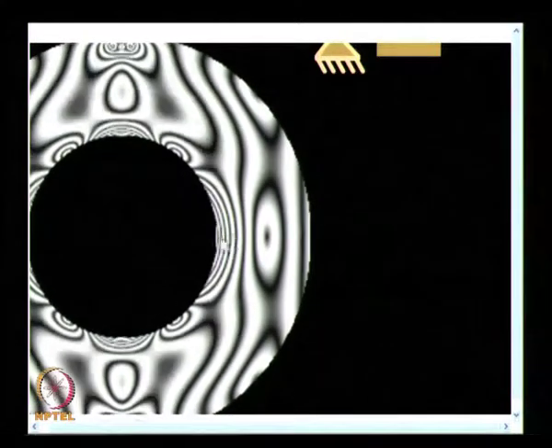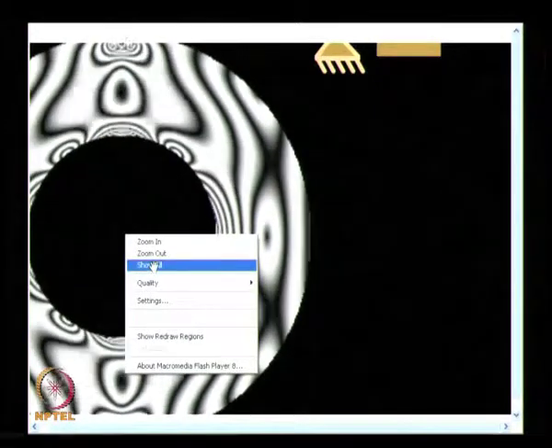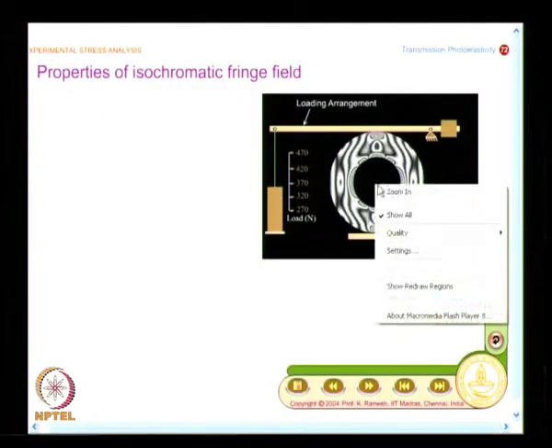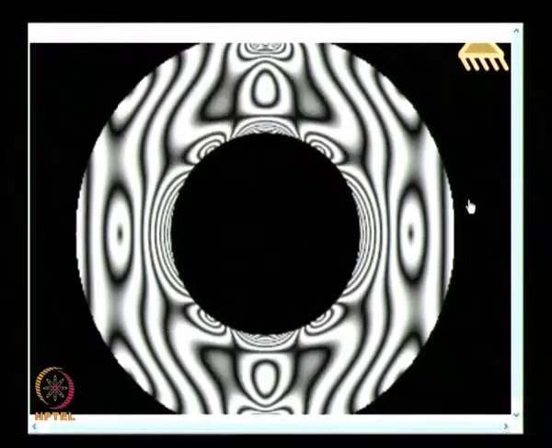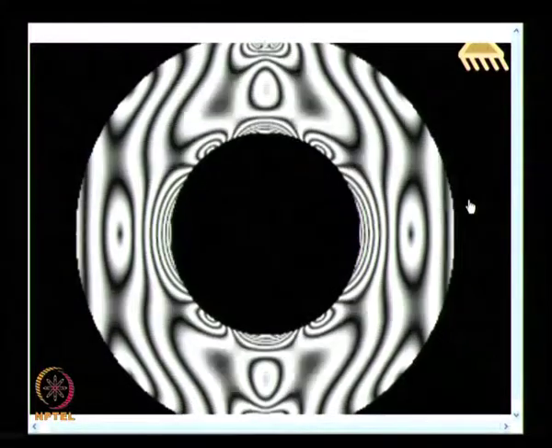You also see an interesting aspect: this is the high stress concentration zone, and in this case the fringes emerge out as the load is increased. So that is what we have seen, and keep looking at this fringe pattern for one more minute. There is also another interesting feature which I would take up in the next class. So, you understand now the fringe contours in the case of a ring are much more complex.